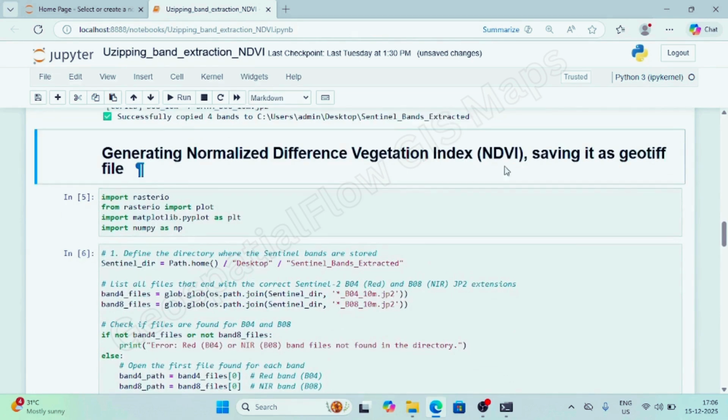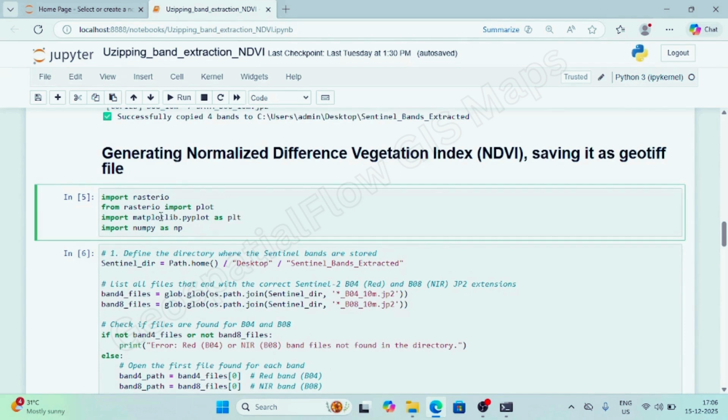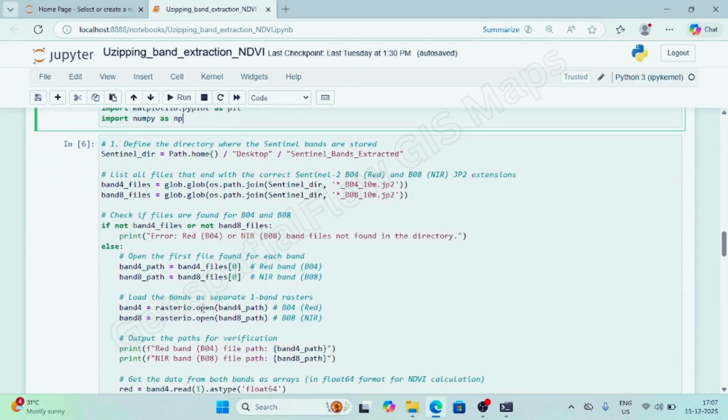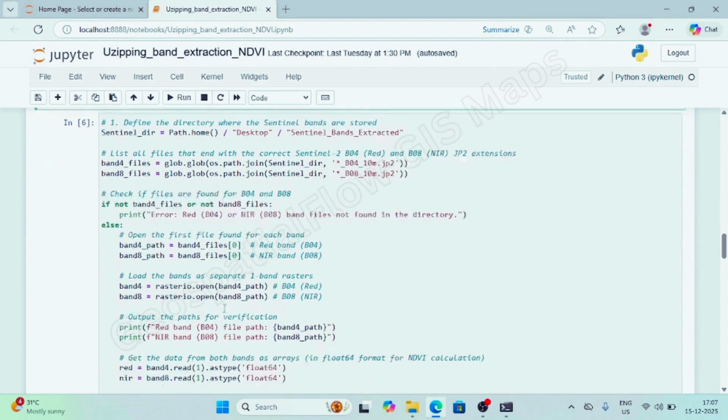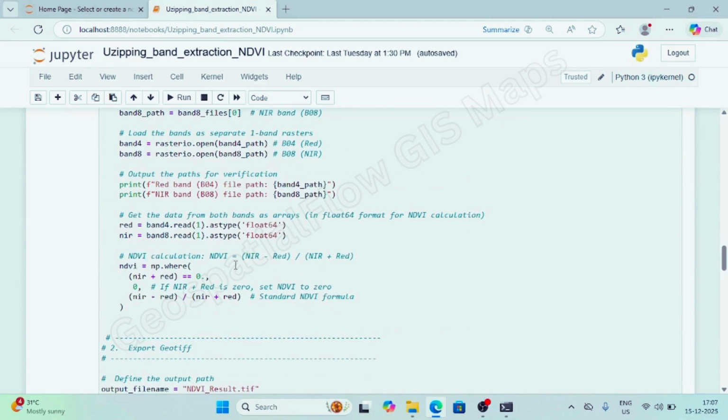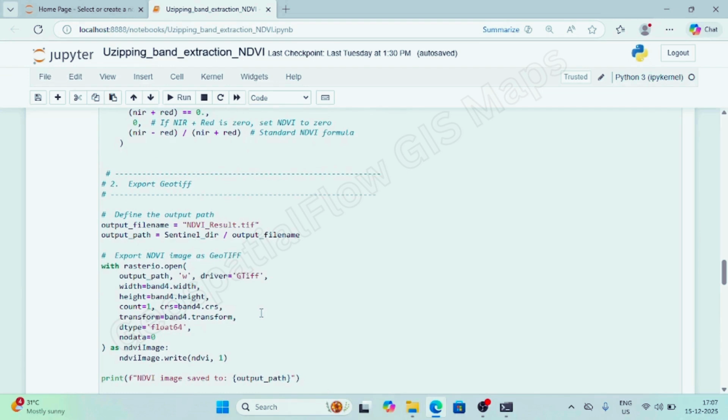Next, to generating normalized difference vegetation index and saving it as GeoTIFF file, we need to import necessary libraries such as rasterio, matplotlib.pyplot and numpy. So using glob, we can locate the red B04 and near infrared band B08 in the extraction folder. These bands are opened using rasterio and converted to numpy arrays as float64 data type. Finally, normalized difference vegetation index is calculated using standard formula, and the result is exported and saved as new GeoTIFF